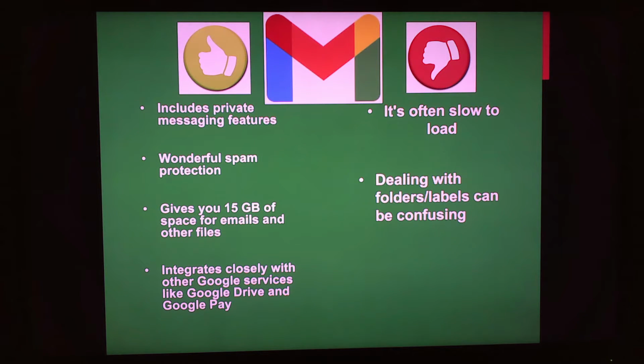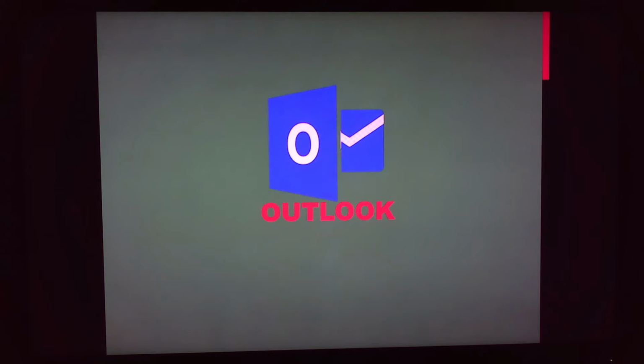On the downside, it can be slow to load. Like if your internet connection is slow, it'll say something's not right, and you'll have to load it again. And this is what I was talking about before. Dealing with folders and labels can be confusing. So that's the very thing I was talking about. So anyway, that's Gmail. The next one is Outlook,